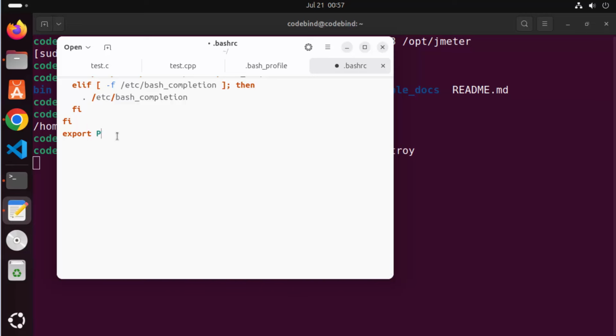So just write PATH here equals $PATH: and then the path of the binary